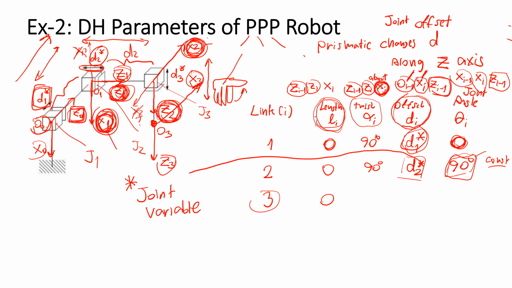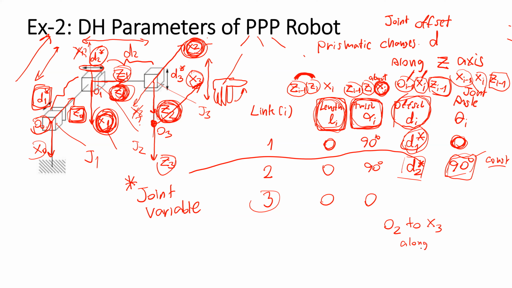Again, I'm sorry. The length is the distance between C2 and C3. C2 and C3 are on the same line. The length will be 0. The twist is the angle between C2 and C3. The angle is also the same, so this is also 0. The offset will be the distance from O2 to X3